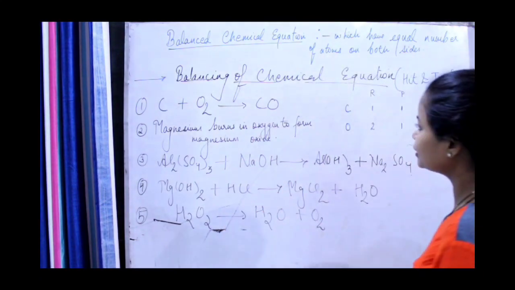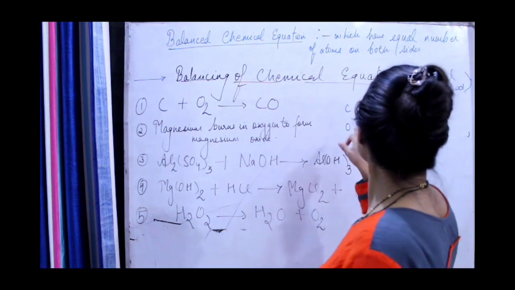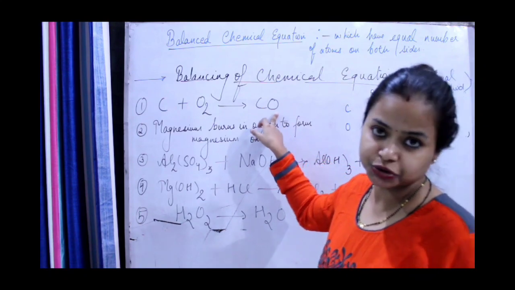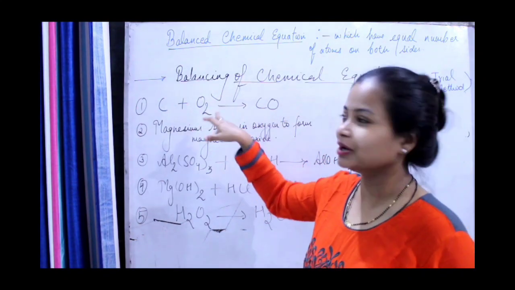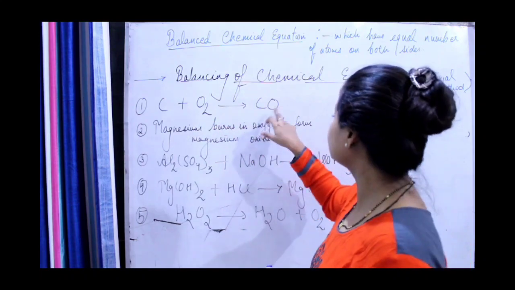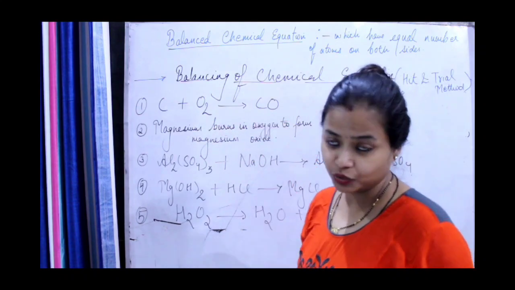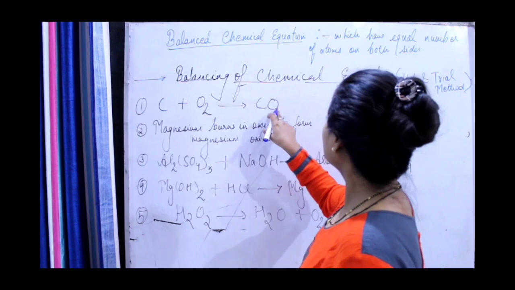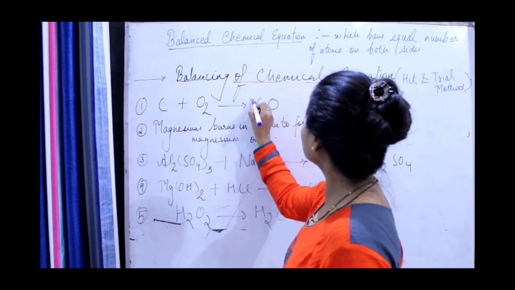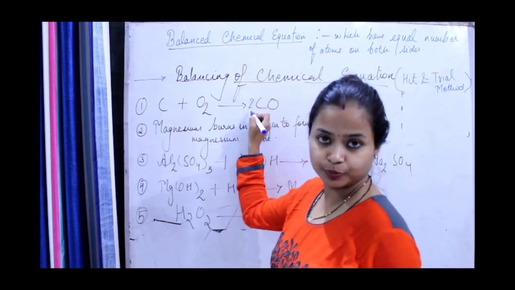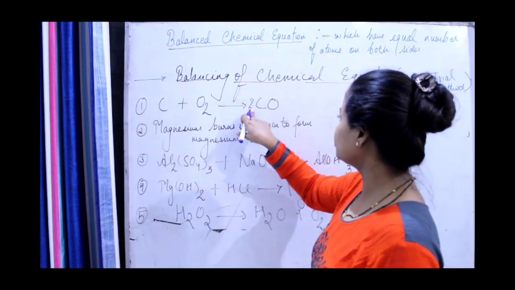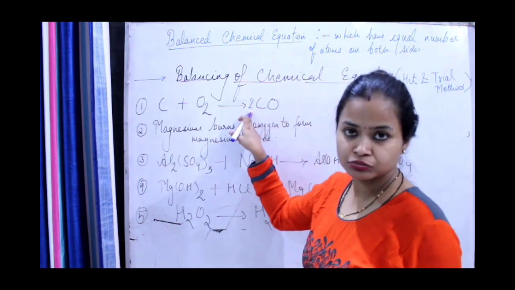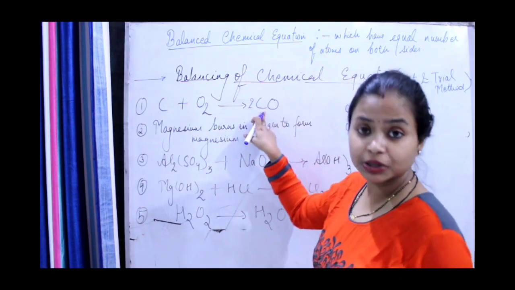Fine. So over here, now, if in the product side I want to make it 2, you cannot rub this, you cannot erase it. You have to add the number. So it is CO. Now I can only add over here. I am writing it with blue pen. This is the coefficient. Fine. So I have added it over here. Now oxygen became 2. Okay, but carbon also became 2.